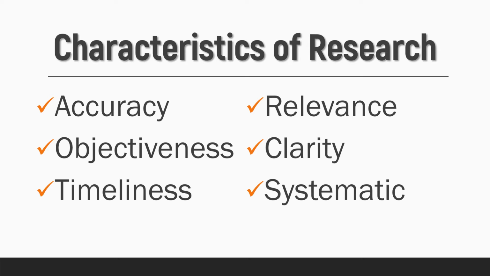Okay? For example, if we're experiencing a pandemic right now, what topics could you choose that are relevant or timely to what we are suffering now? So that is what we call timeliness. We make sure that the topic that we chose is applicable to the present conditions of our society, which is also related to the fourth characteristic of research, which is relevance.